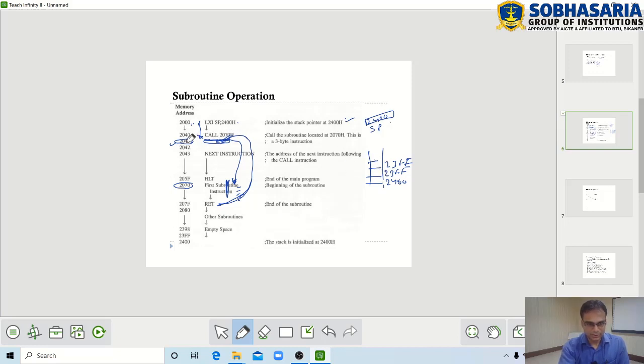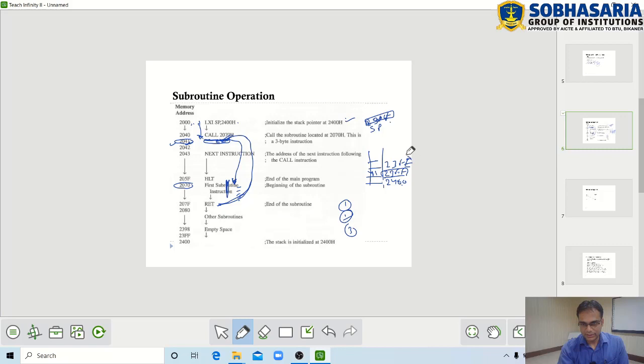So first 41 will be pushed. The first step is the stack pointer gets decremented from 2400, it becomes 23FF. So here 23FF will be selected, and then 41 will be copied here. This is the second step.